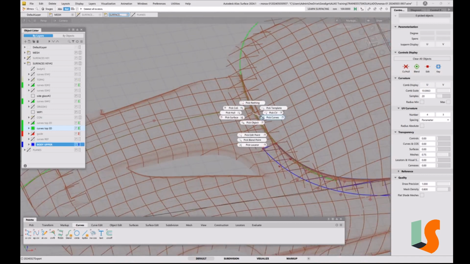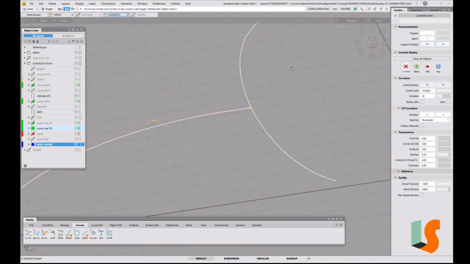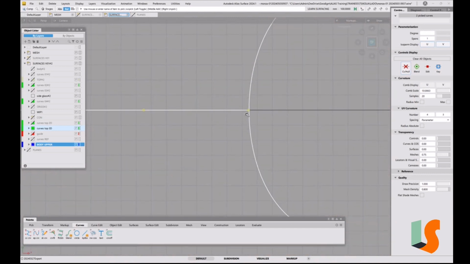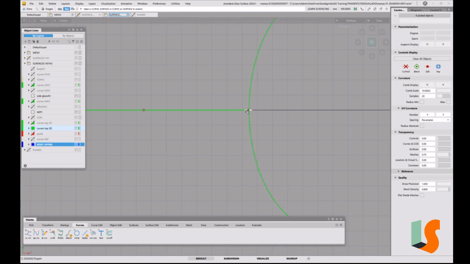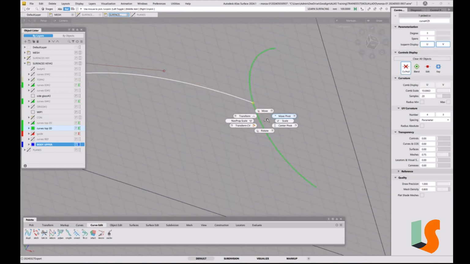The other thing that we want to do, so we've got this curve and this curve, so this is what we're going to use to create our shape. We want those to join up. So I'll do that, and then I'll trim that in that view. And then we can snap that point onto this curve here. So I'm going to move that, and you can see I've got a snap point there